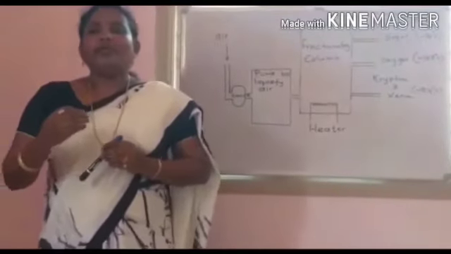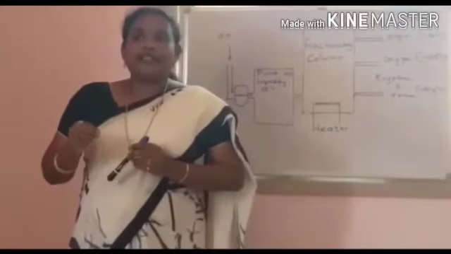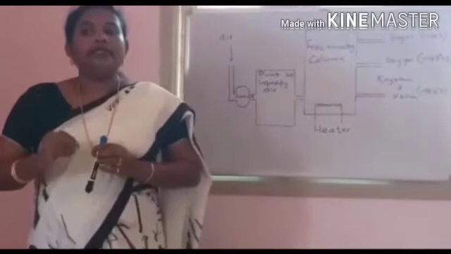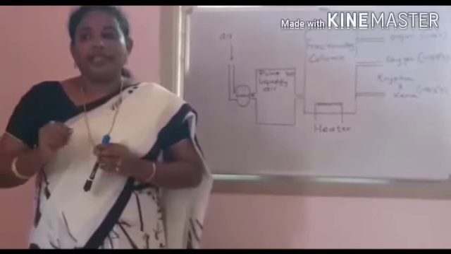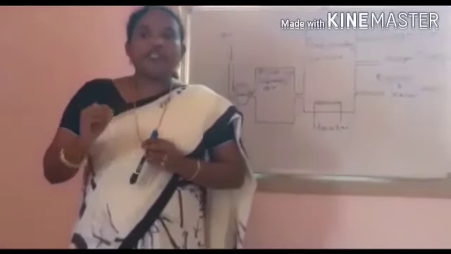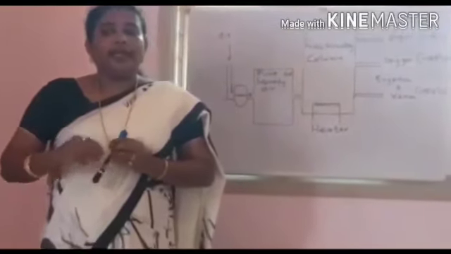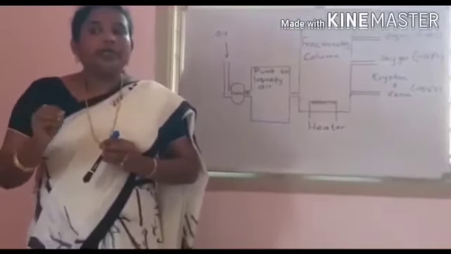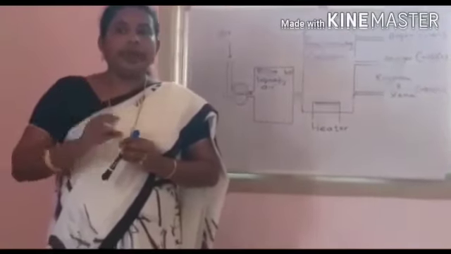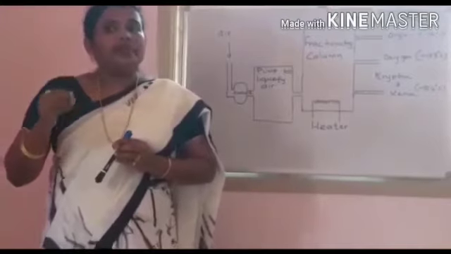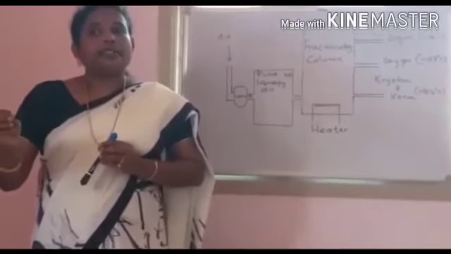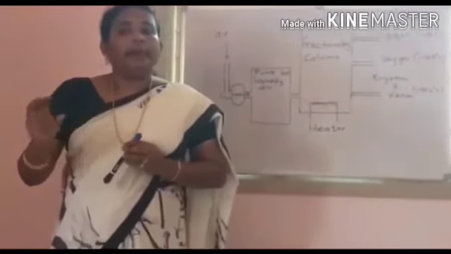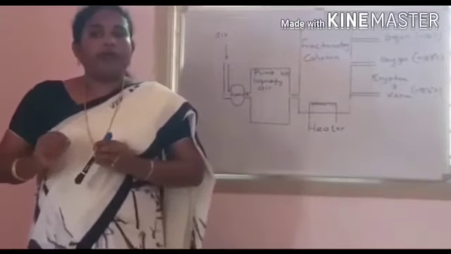Let me summarize what we discussed today. Simple distillation is only employed to separate liquids having a boiling point difference larger than 25 degrees Celsius, whereas the fractional distillation technique is employed to separate the liquids in a mixture whose boiling point difference is lower than 25 degrees Celsius. Fractional distillation is the separation of a mixture into its component parts or fractions. This is done by boiling the mixture and separating the products by their varying boiling points.